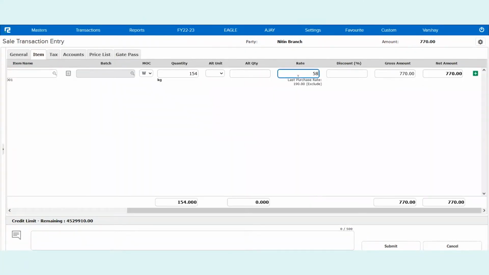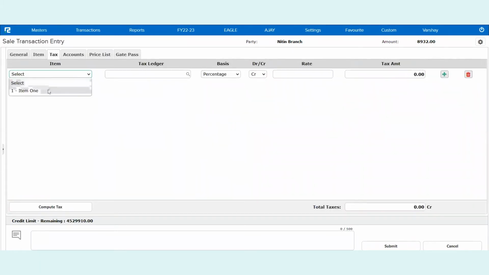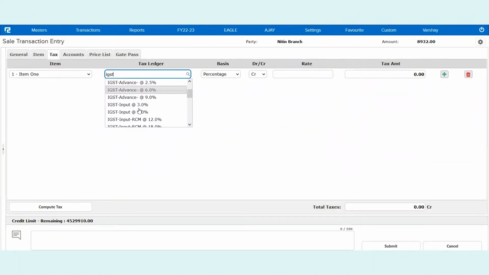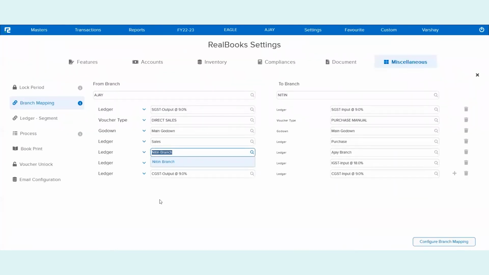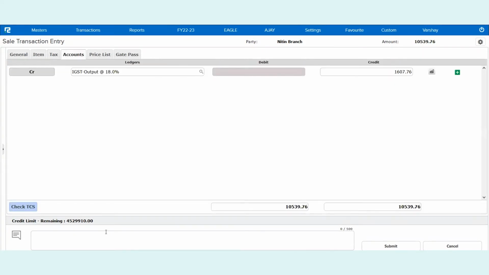And then I will give the rate and done. So over here, depending on the configuration, I would just give the GST ledger. It's not mandatory that whatever is mapped you need to give. It's just that under that criteria only, you need to select all the ledgers which are being mapped over here. So I've selected IGST output 18%, rate 18, and 18 would be the percentage. I will click over here and I will update the